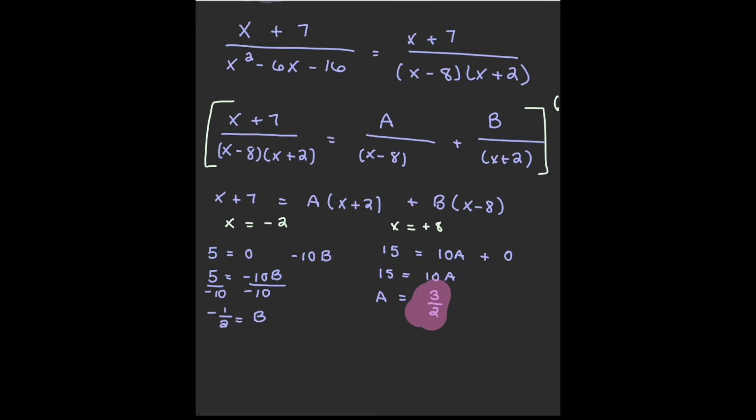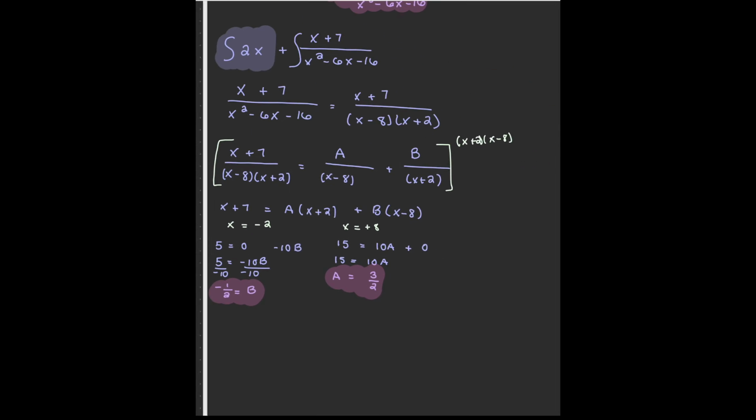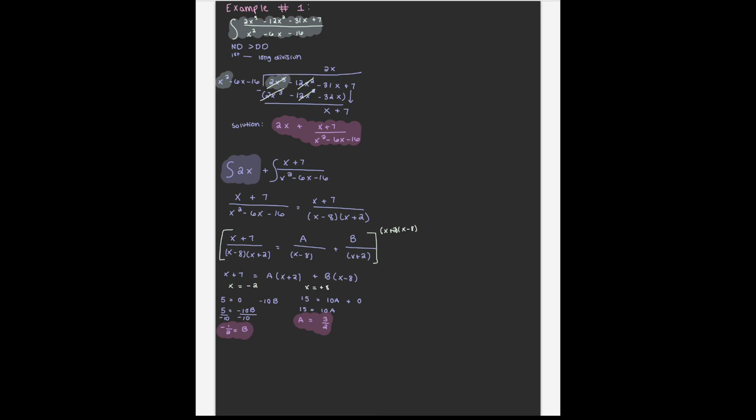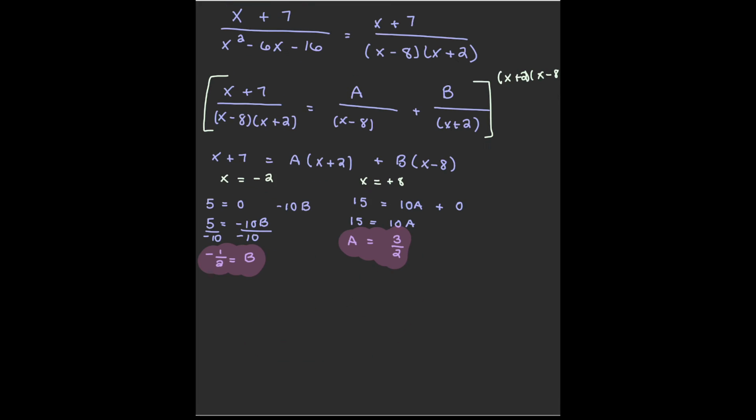We have solutions for a and b, but we're not quite done yet. Remember, we still have this piece up here that we have to integrate, and we still have to plug these pieces back in for a and b. Okay, so the integral of (x plus 7) divided by (x minus 8)(x plus 2) is going to equal the integral of 3 divided by 2 times (x minus 8), plus the integral of b, or -1 divided by